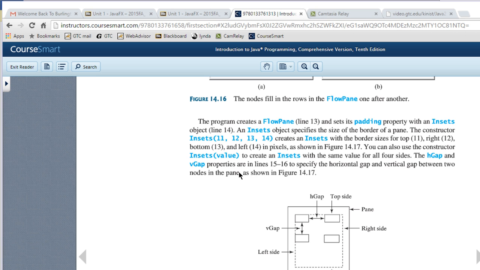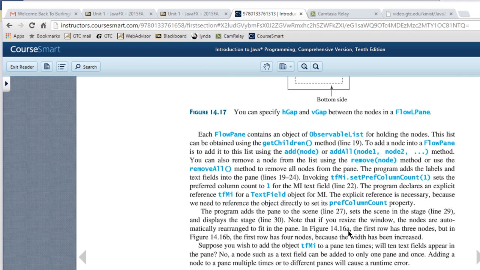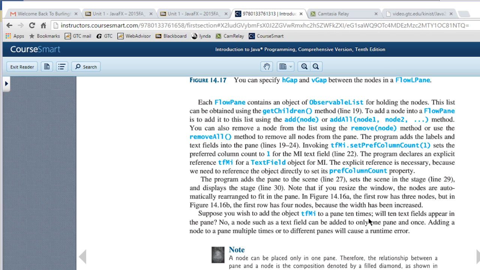And then we also indicate where's the top, where's the bottom, and then you can adjust all of those things. Now they have a little bit more information here about that, and I'll let you read through that. But I like this little note here at the bottom where he says a node can be placed only in one pane. Therefore, the relationship between a pane and a node is the composition denoted by a filled diamond as shown in figure